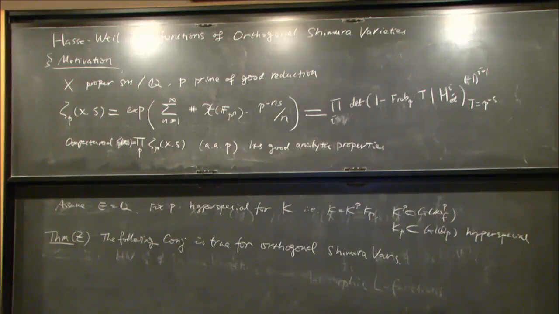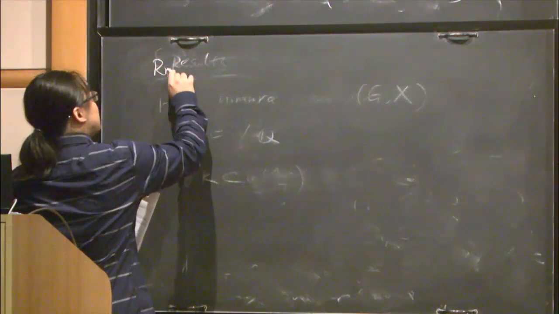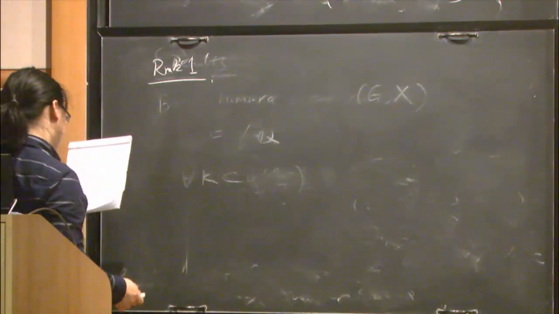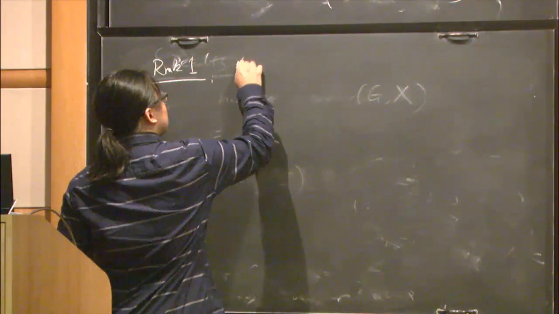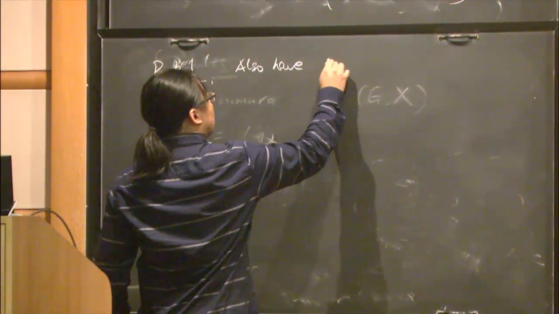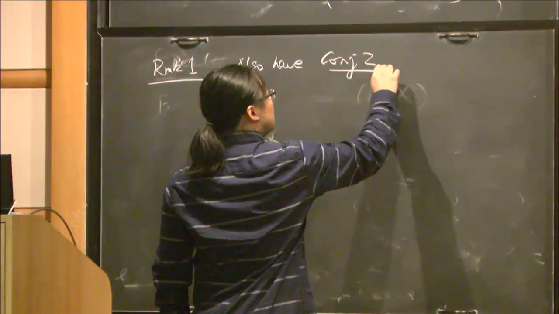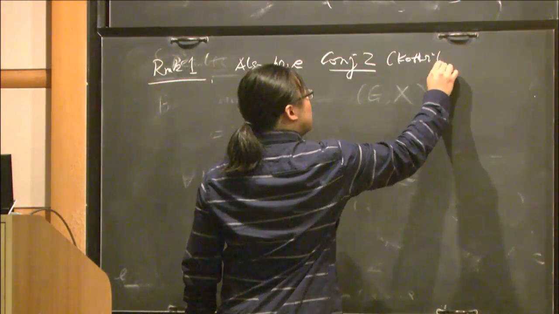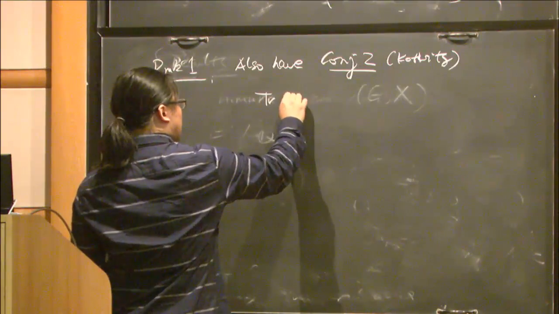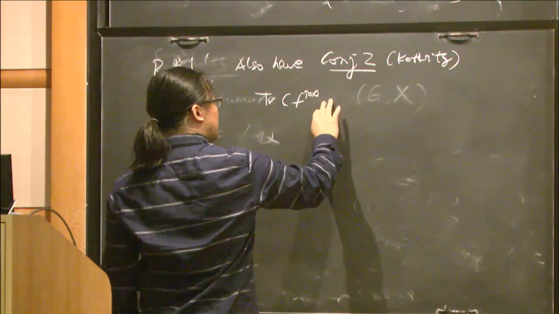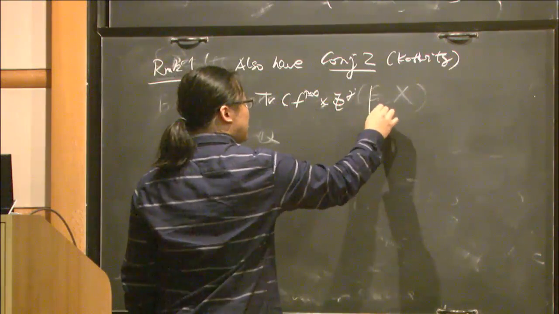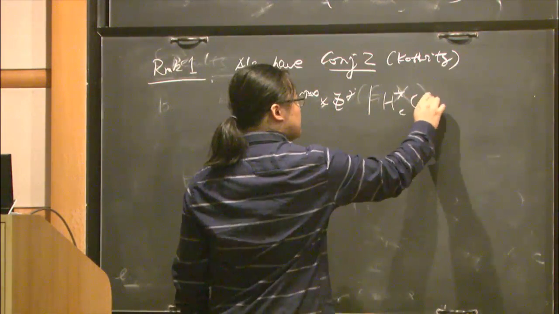All right. So I think I have explained everything in the conjecture. Now I'd like to make several remarks. So the first remark is that we also have a closely related conjecture. Maybe I call it conjecture 2, where you simply replace the intersection cohomology by the compact support cohomology of the Shimura variety itself,